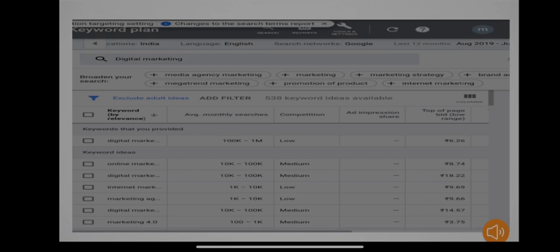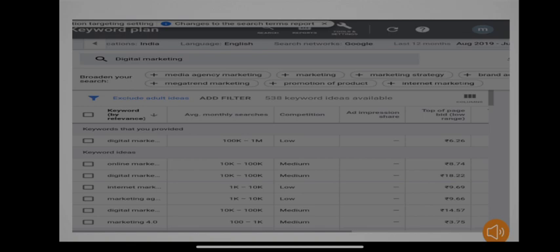Now what is the use of this bidding price? Why do we have to pay? See, for example, let's consider that I have a website in which I am providing digital marketing courses, and the fee of that course is 50,000 rupees.